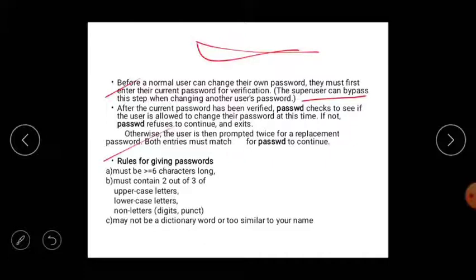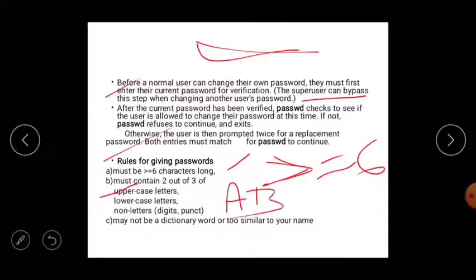The password must be greater than or equal to 6 characters, means it should be a length of 6 or more characters. It must contain 2 out of 3 of the following: suppose you give a 6 character password, then it should have 2 upper case letters, like A, B. Next, 2 lower case letters like x, y.